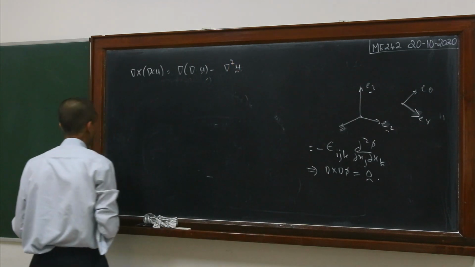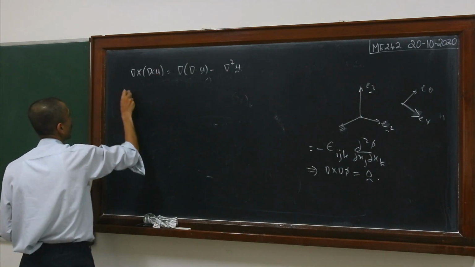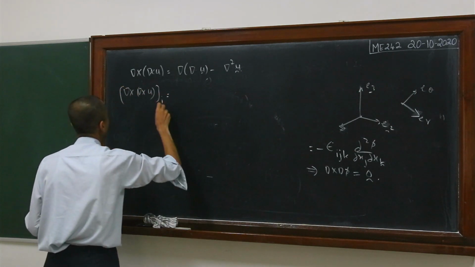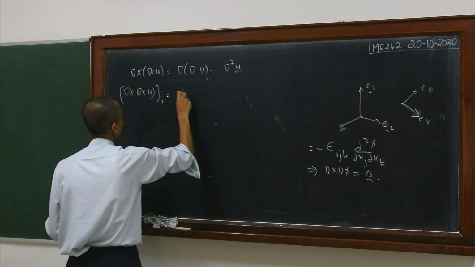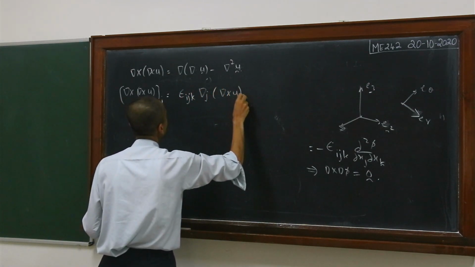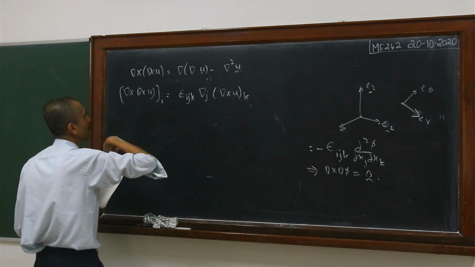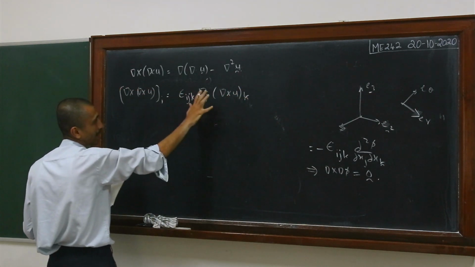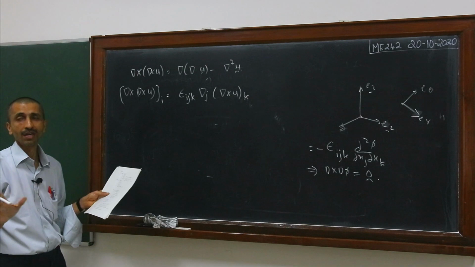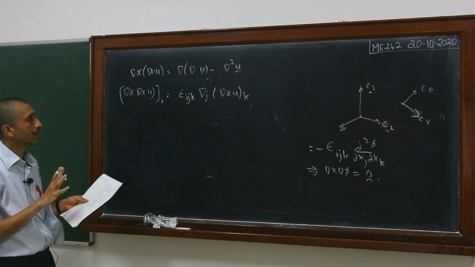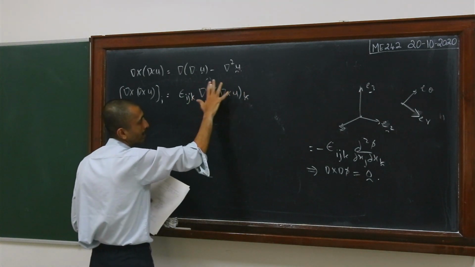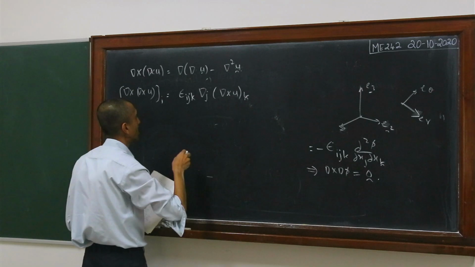So let me start with the ith component of this. Del cross u, the ith component. Again, I will write it as epsilon ijk del j, del cross u k. I can write it in this particular way, just as if this del is like a vector. But remember that it's a vector operator. Unlike a vector, which need not act on something, this is a vector operator, so it has to act on something. So this del j is acting on whatever is appearing on the right hand side of that particular operator here.